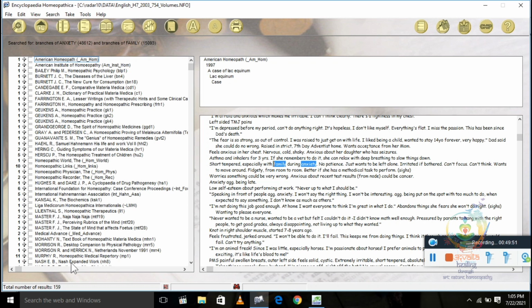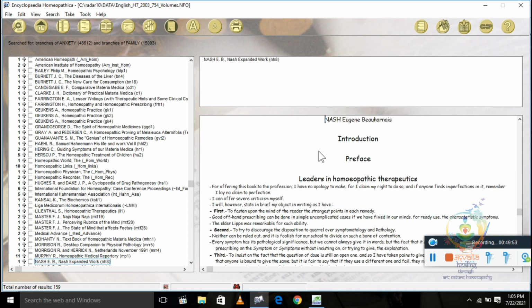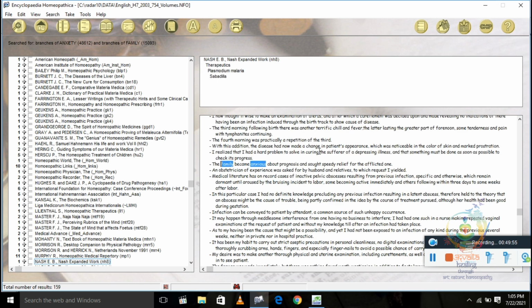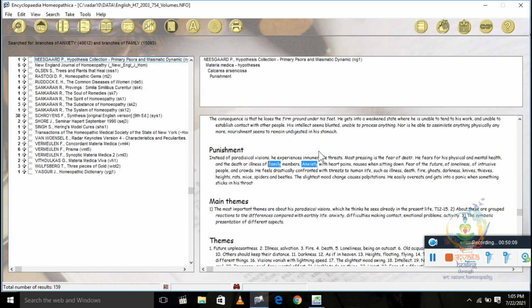So let's click on it, and now you have to press Ctrl plus down and you will arrive at the symptom which we have searched, anxiety family about. Now you can keep Ctrl pressed and keep pressing the down button.